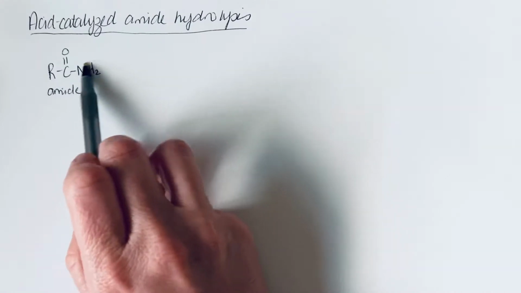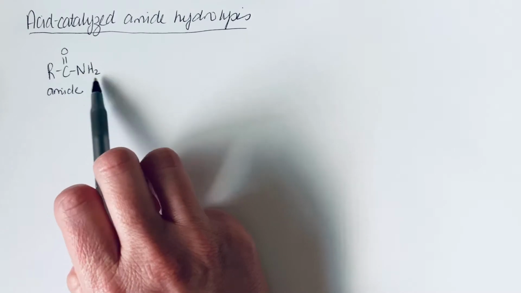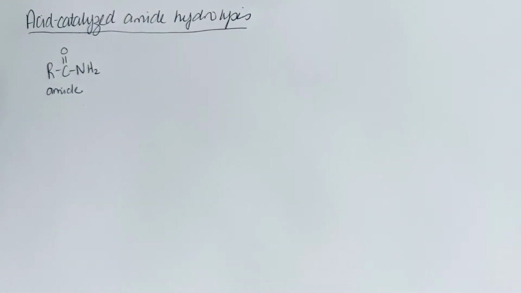These are, as we said, not very reactive, and that's because you do not have a good leaving group. To react this neutral amide, you would have to kick off NH2-, which is a really, really strong base. And so if we want to have this amide undergo a hydrolysis reaction, we're going to have to force it to occur. As your textbook author points out, this is actually kind of a comforting thing to know, because the proteins in our body are held together by peptide bonds, which are actually amide bonds. So we don't want those just falling apart in any aqueous solution like our bodies, which are majority